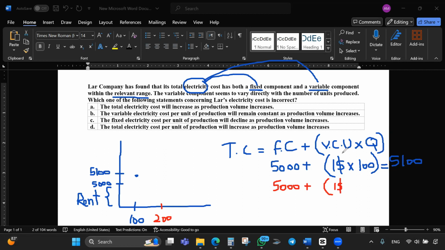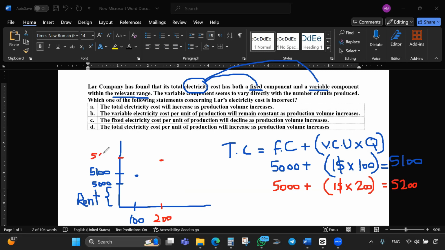Variable cost per unit is constant, but variable cost as a total will change. As a total means if we increase the production from 100 units to 200 units, the variable cost will be 200. 200 plus 5,000, the total cost will be 5,200, which will be here,